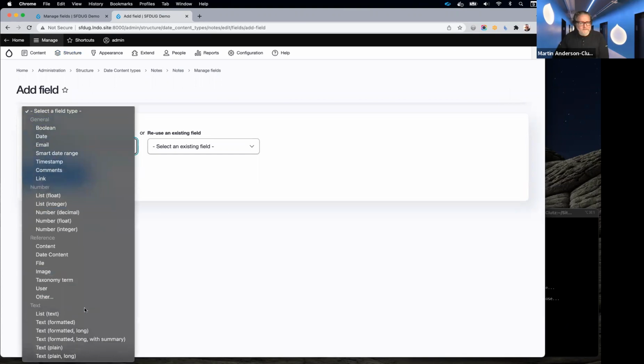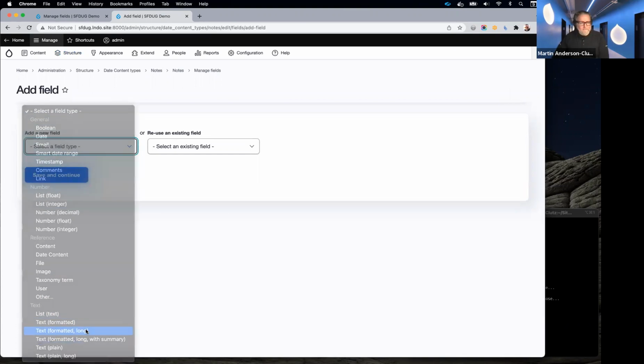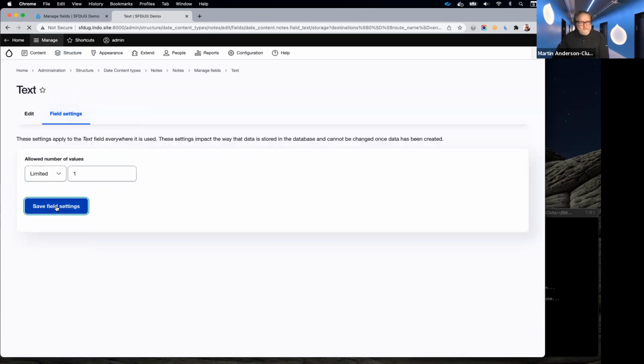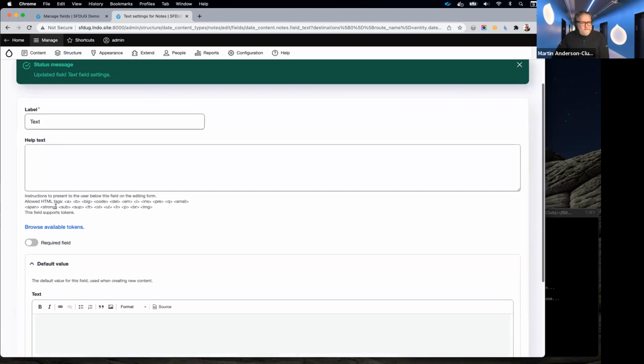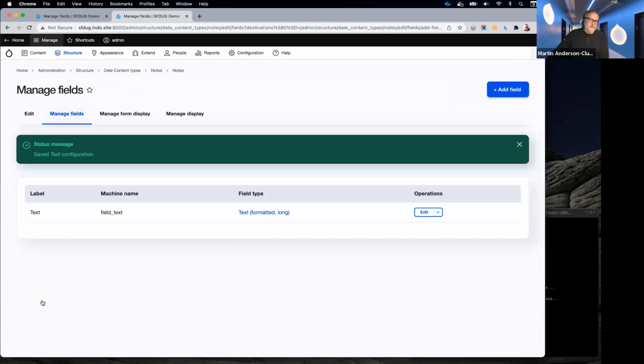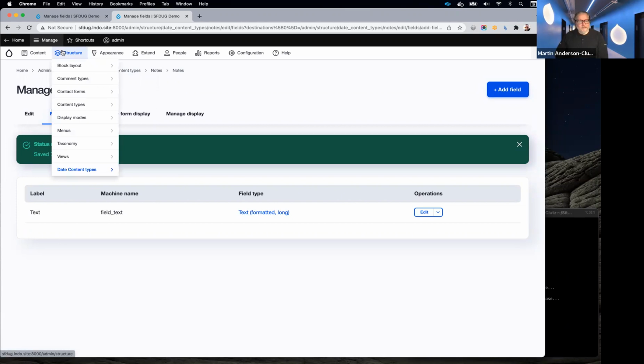So let's add a new field. Let's call this text. Just one is fine. And it may as well be required since there's not much point of attaching notes if you're not going to put in any text. So now we can go back to the